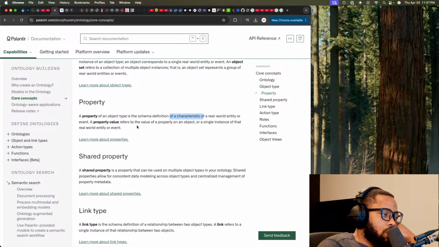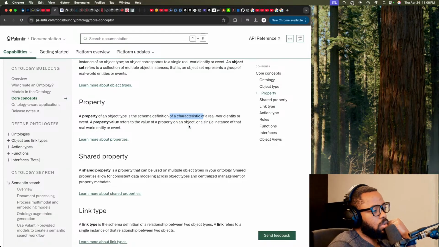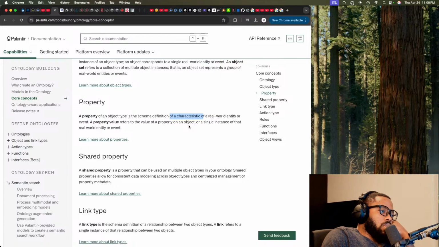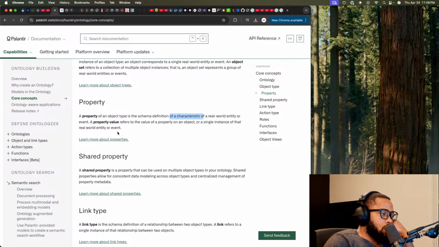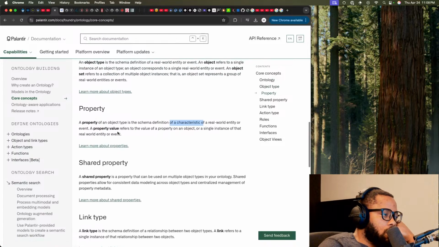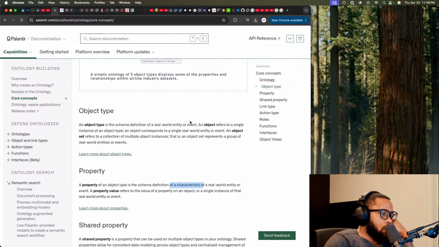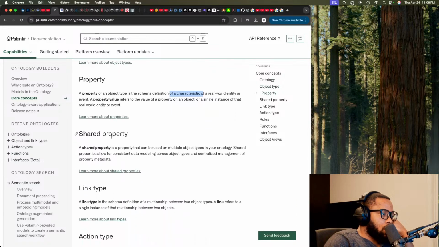A property value refers to the value of a property of an object or a single instance of the real world. Okay. So we have property value, object type, and object.